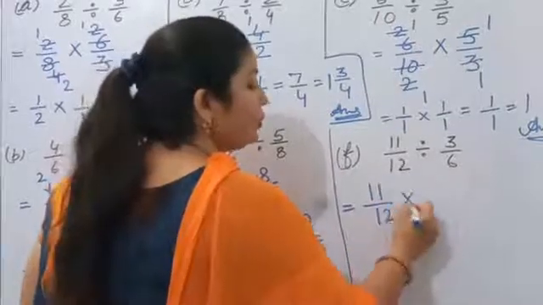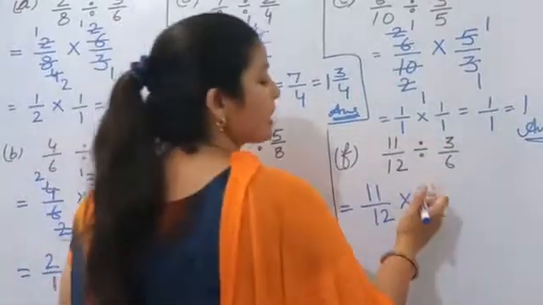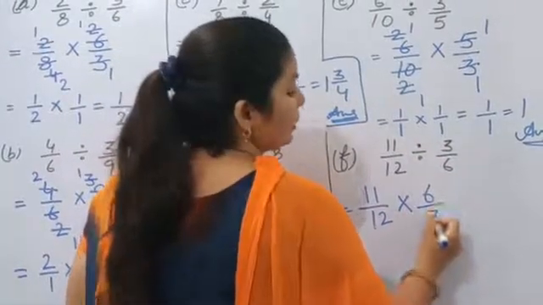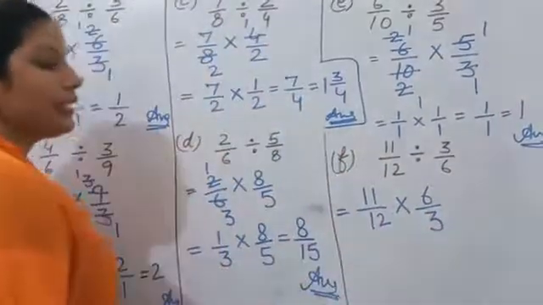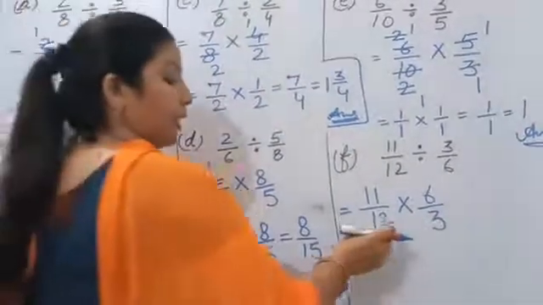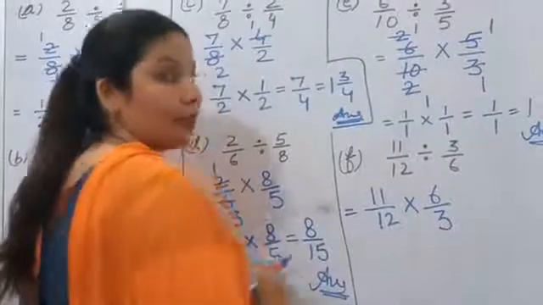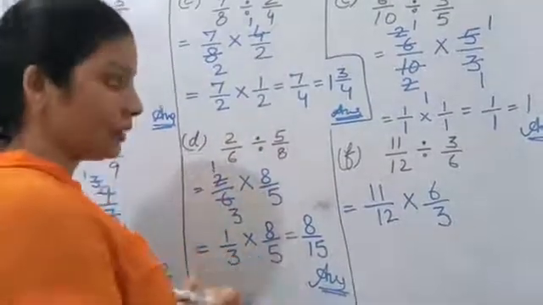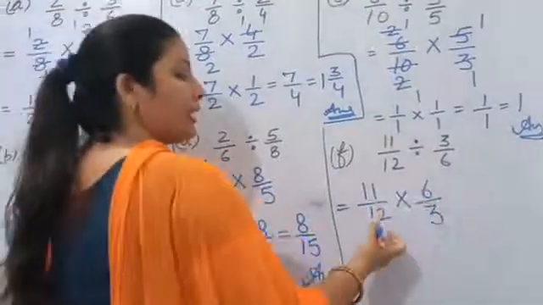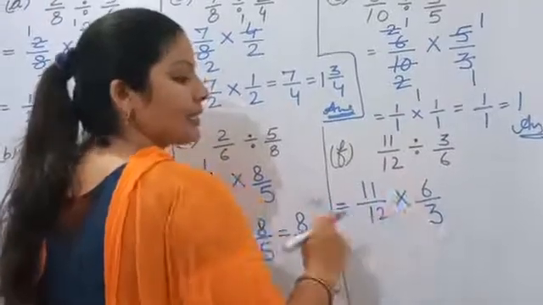Divide will change into multiply. Now 3 upon 6, so it's become 6 upon 3. Now we will see that in the 6 table we have 12, so directly we can speak the table. हम largest number देखेंगे जिसकी table में आता हो. अब 6 की table में 12 आ रहा है तो directly हम 6 और 12 को आपस में cancel करेंगे.